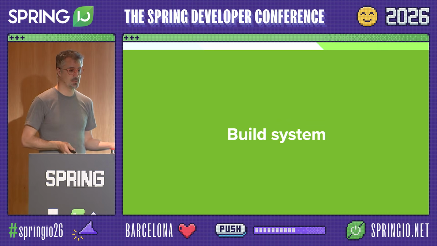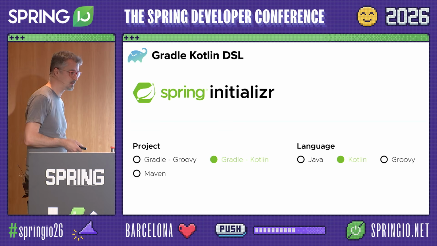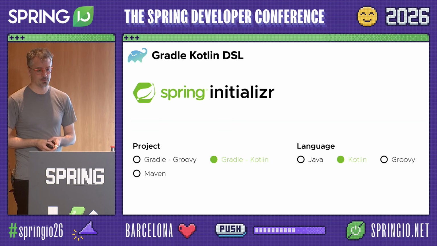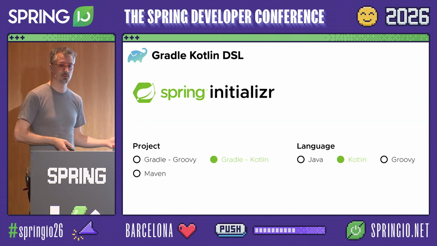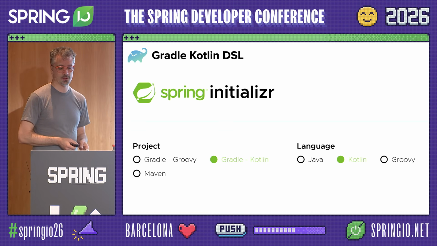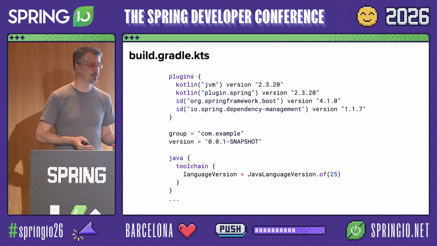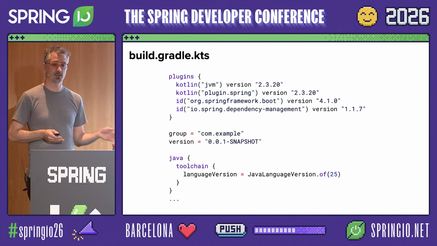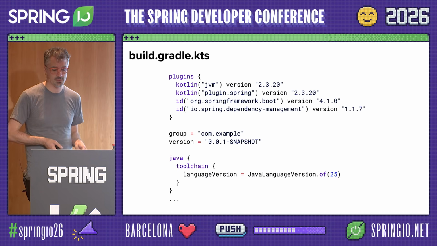So what kind of build system should you use? I guess the obvious default these days is Gradle Kotlin DSL. You are building a Kotlin project, so you can use Kotlin to describe your builds. It is supported on start.spring.io, and I think Gradle considers it the default that you should use. So it's a no-brainer. That said, we are generating this kind of default Kotlin DSL configuration. So even if you are not using start.spring.io, go on start.spring.io, generate a Kotlin project,